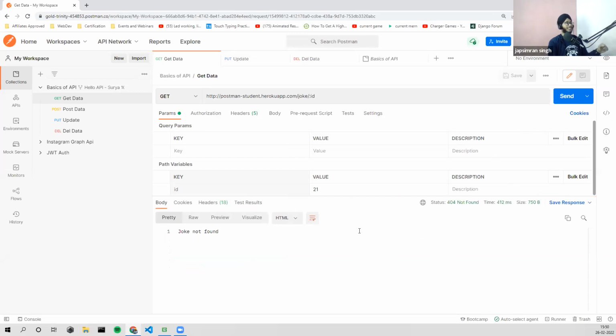It works. So now, let me re-summarize this. We first made a get request, how to get data from a server. Then we gave data to the server and asked our server to save it. Then the third option is updating the data. I gave wrong data by mistake and then updated it. And fourth, we deleted that data. This is a basic CRUD operation API made by Eraser specifically for this event, and we successfully tested this.